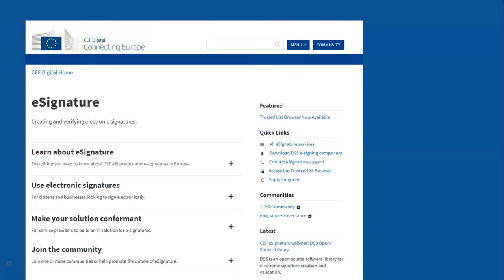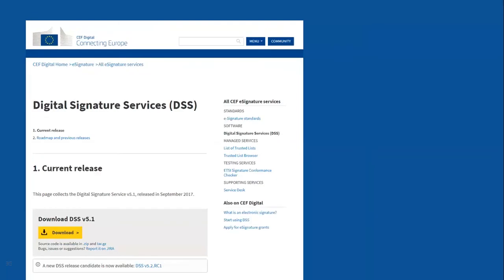We end up here. This is where you can download DSS itself. As you can see, if you click on the download button, you will download the bundle. If you are interested in the source code, you can download a zip file or a tar file, and you